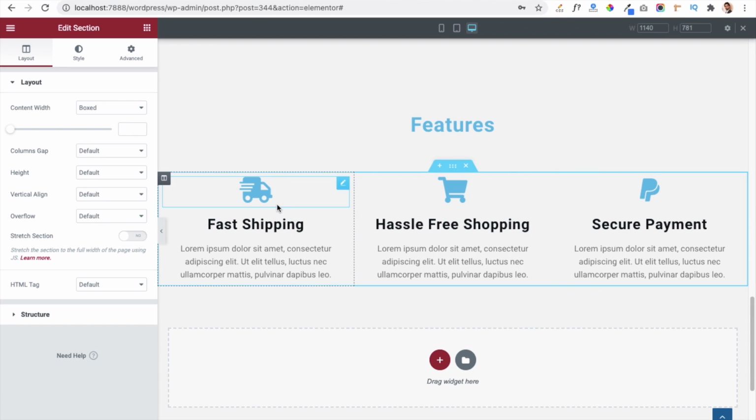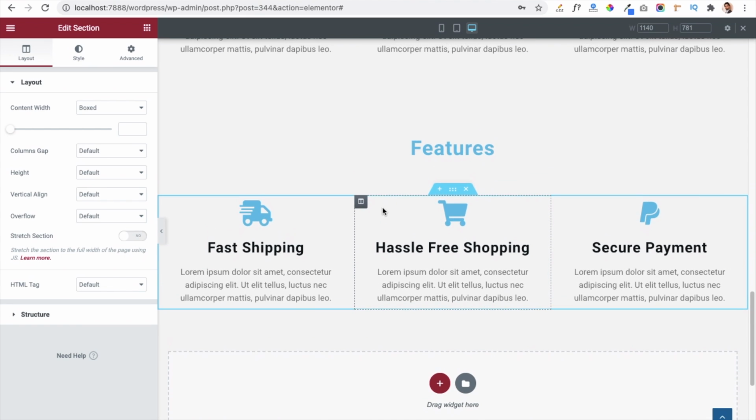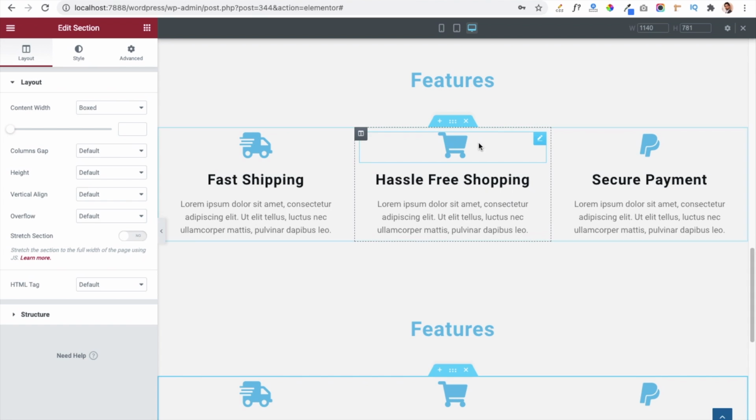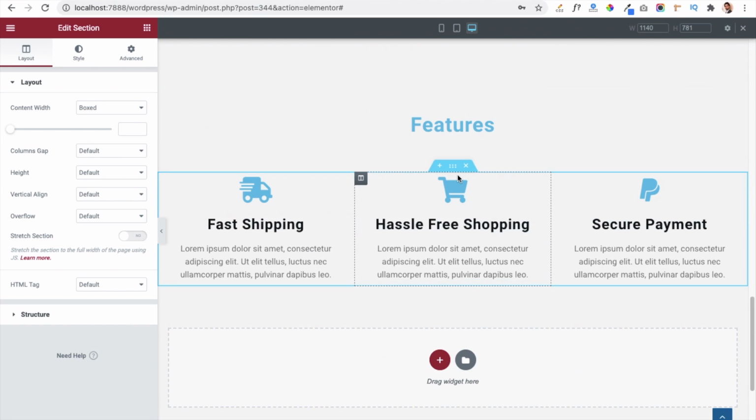So friends, you can see our feature section is now imported in our website. You can see we have just saved this template here and it is now imported, or it is now placed on our page. After that you can click on the update button. So this is very simple process how you can save template for your website and use it again and again in your other pages of the website.